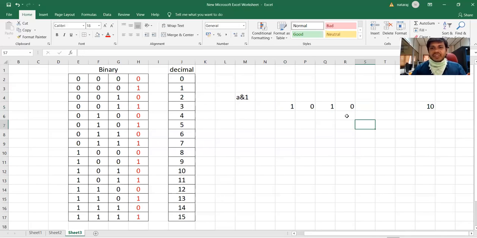Perform AND operation with 1, that is 0 0 0 1. This is A and this is 1. A and 1 is 0 0 0. So if it is 0,